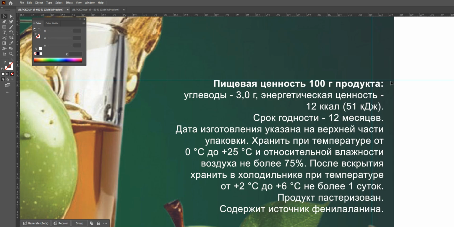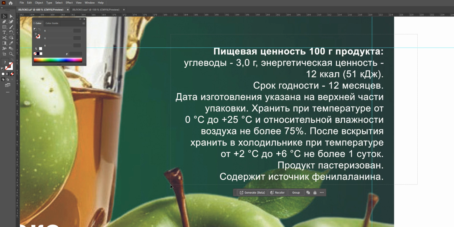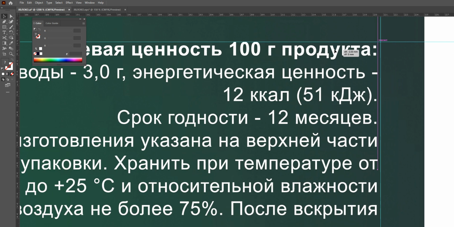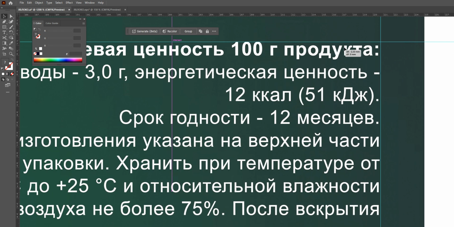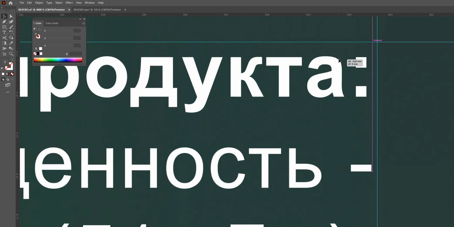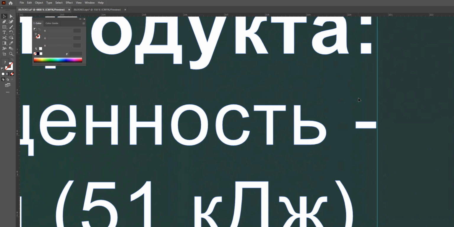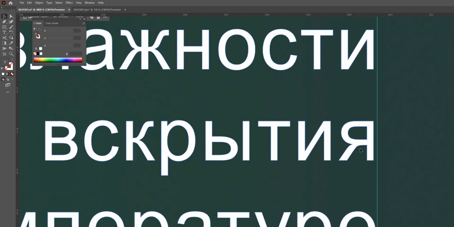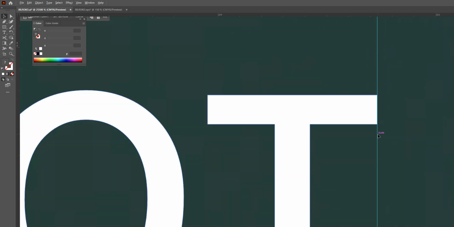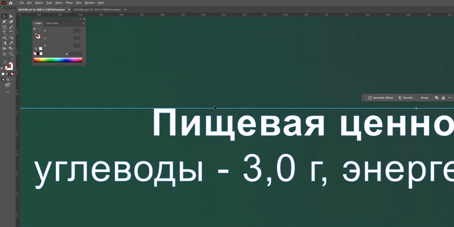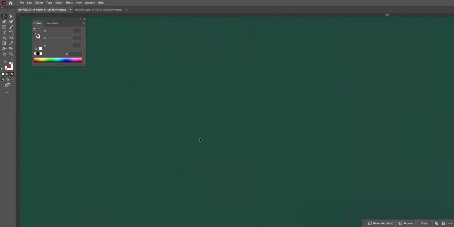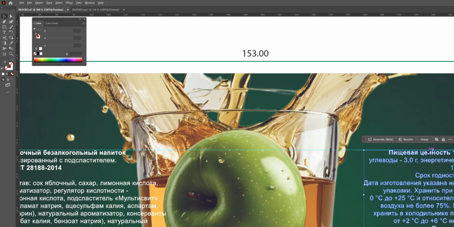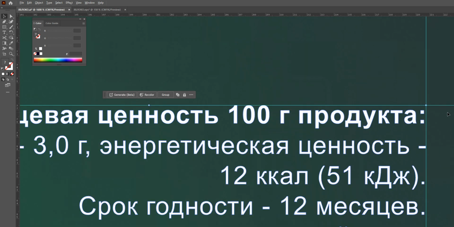Then what I'll need to do is go to the right part of the text and adjust the position of this as well. So this is almost perfect. I can zoom in a little bit more if I need to. If you pay close attention, you can see that there's usually one letter or character that touches the line, so that means that it's perfectly aligned. And if we take a look at the top, this is almost perfect, but not 100% perfect. So let me zoom in again. If we zoom in here,